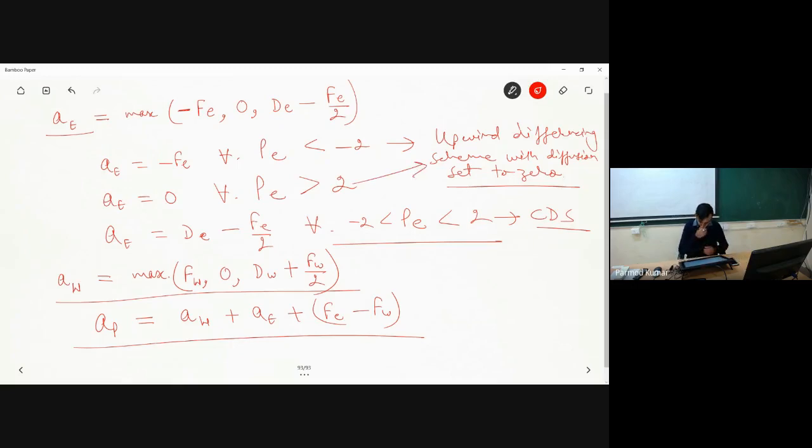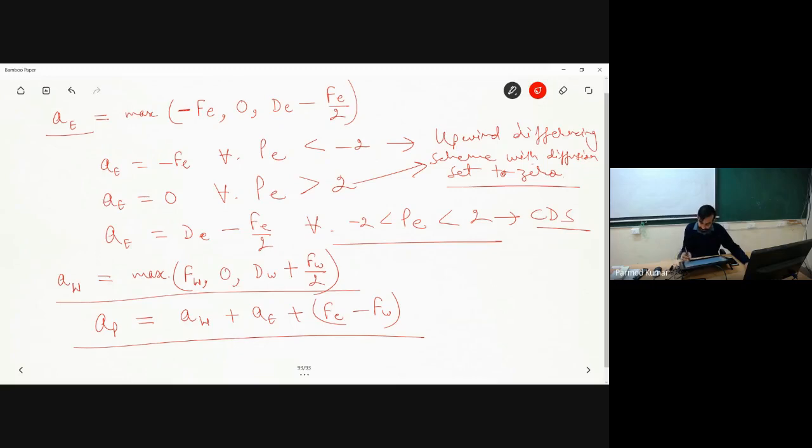So whatever the coefficients for the hybrid differentiation scheme we have got, if we just apply the upwind differentiation scheme for Peclet number greater than 2 and less than -2, and if we apply this upwind differentiation scheme by considering that the diffusion term is set to 0, then under these conditions, whatever the coefficients AE, AW, AP I will be getting will match exactly equal to our coefficients obtained for the hybrid differencing scheme.